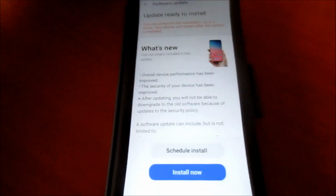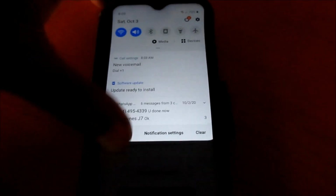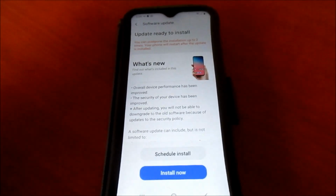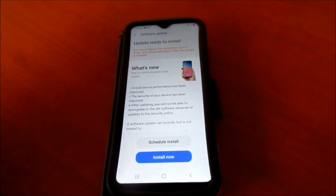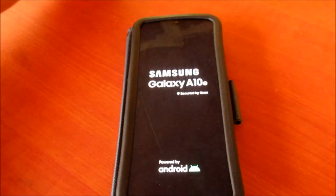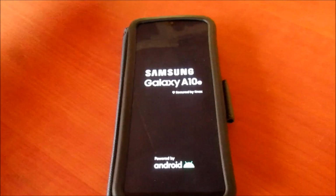So if you happen to see that this shows up on your phone, normally it will also be in the notifications, and it will keep reminding you that you need to update. If you see this pop up on your phone, it is not anything to get worried about. Just ensure that your battery is above half, and then you click install. It will take some time. It will restart the device, and it will update the Android system. So with your Samsung Galaxy phones,